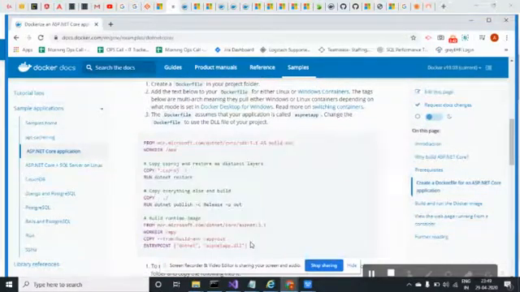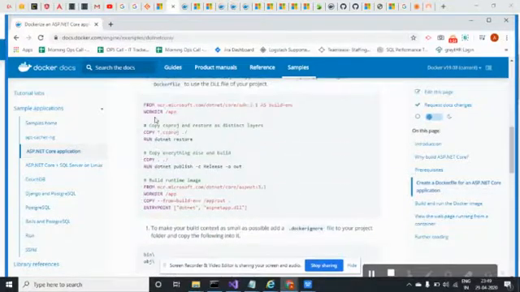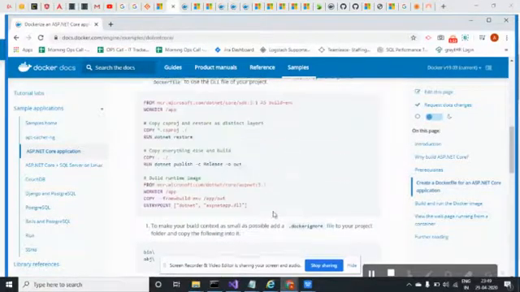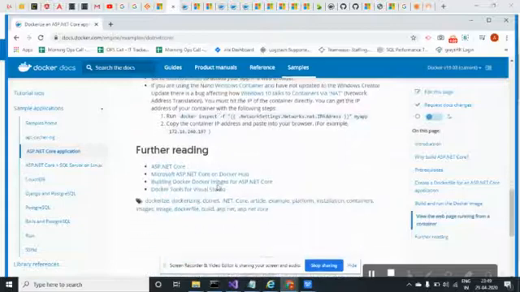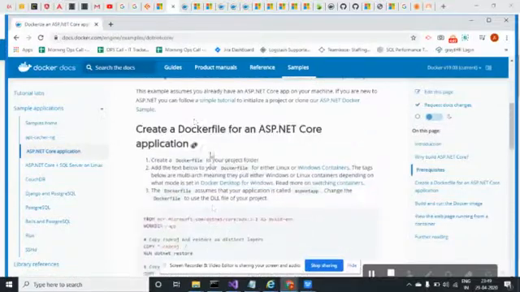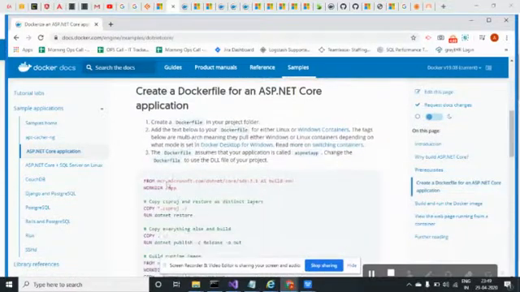The Docker file tells how to build my application, and that built application will be created as an image. So what we'll do is create an image, deploy that image into a container, publish it, and host that application in the container. We will create this in real time.